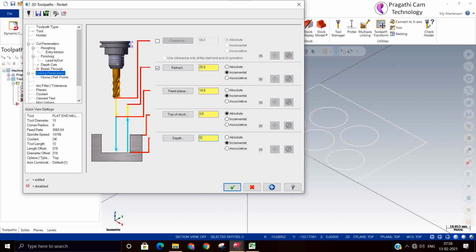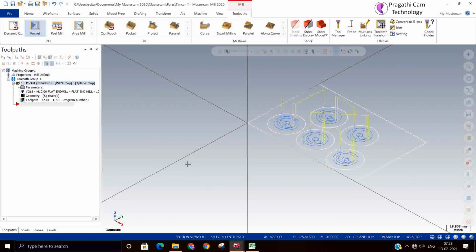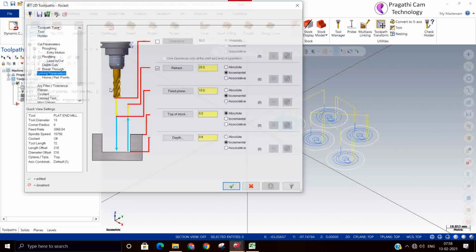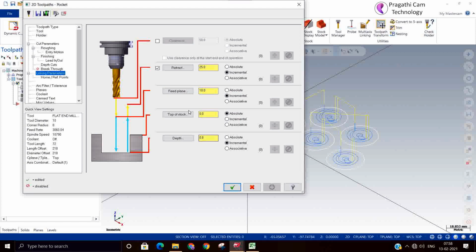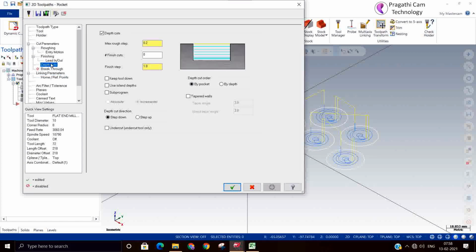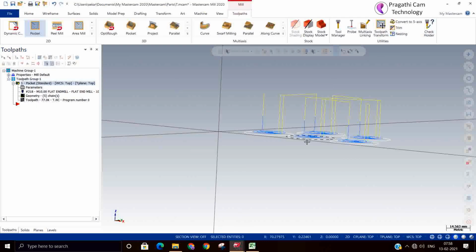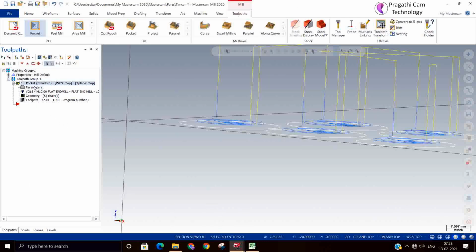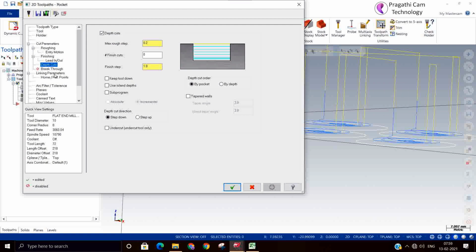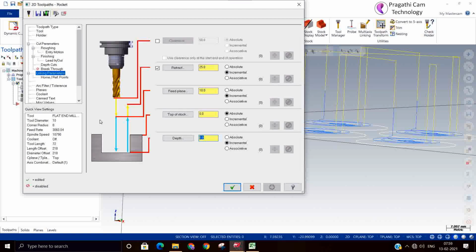So you are cutting 0.8 material with a depth of cut of 0.2. It means it is machined 4 times. Sorry, I should have given minus here, minus 0.8. If you see here, it might cut 4 times.